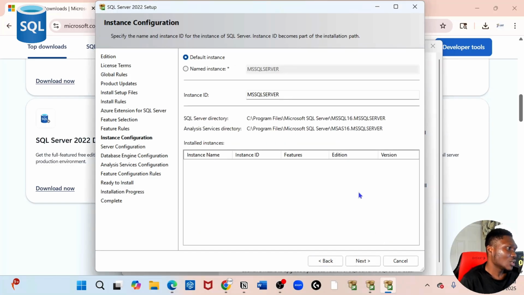The more things you check, the longer it's going to take for you to install. So the default instance name is this, MSSQLSERVER. If we do not change this at the time when we install, SQL Server Management Studio, we can use a dot to log in, or you could just leave it as this, or you put a different name. Also, if you leave it as this, either use dot as your server name, or you use your laptop name to log in. But I'm just going to leave it as this, and by the time you get to the point where you want to sign in to SQL Server Management Studio, you're going to see better what I'm trying to explain. So we click on next,